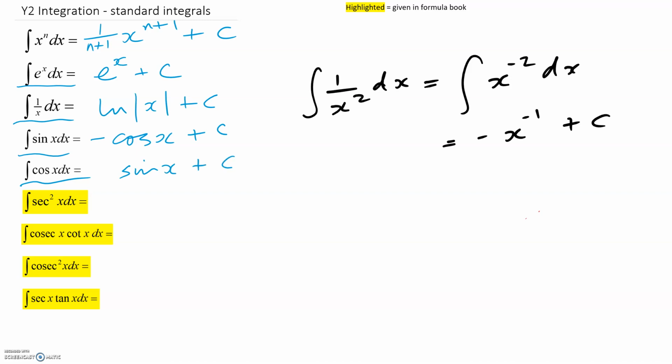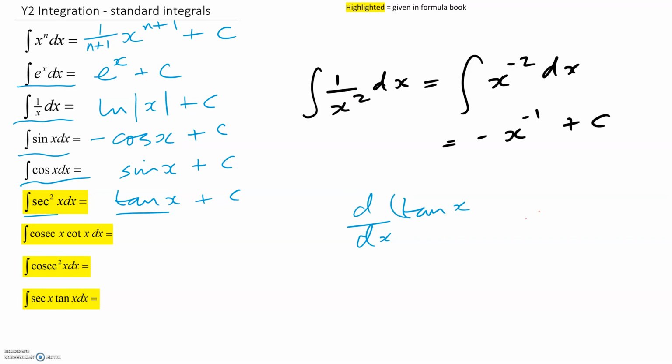Now for the others, the others I've listed down here, these are all given in the formula book. That's why they're highlighted. The integral of sec squared is tan x. Hopefully you knew that when you differentiate tan x, you get sec squared. But that could be proved. If you didn't know that, you could always prove that the integral of sec squared is tan x by proving that when you differentiate tan x,